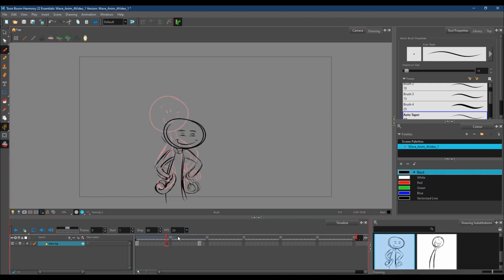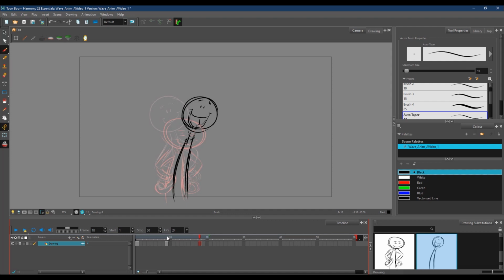Let's see how that's working. And I'm going to have my character's arm big. Now, if it goes a little bit out of frame, I'm not going to worry too much about that